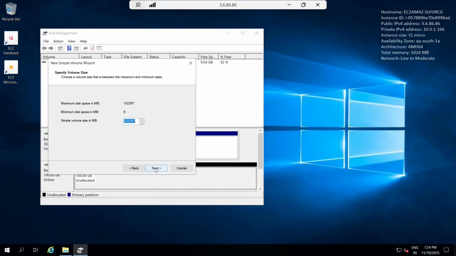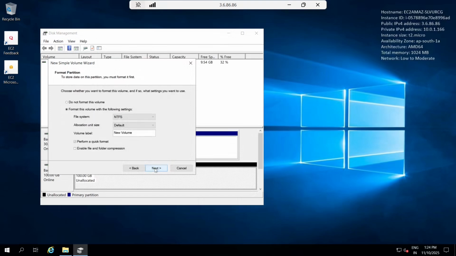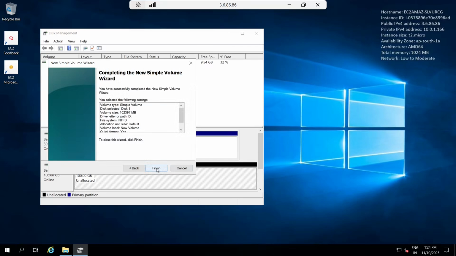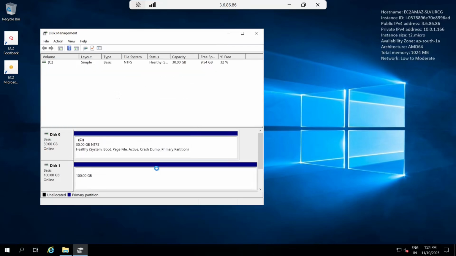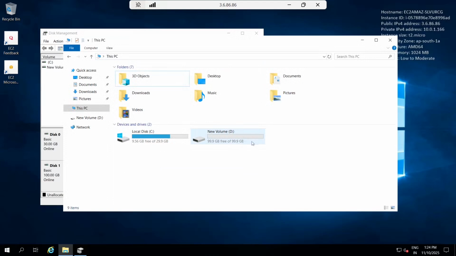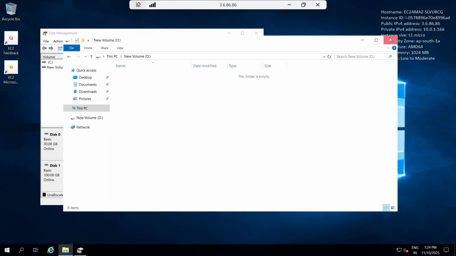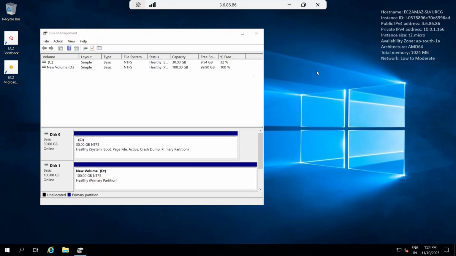Okay, I want to go with the complete GB, and I'll just click on next. The file system is NTFS, and the volume label is New Volume. Let me click finish, and it will start. Okay, let's verify now. See here, you can see the 100 GB volume. This is how we will create an EC2 instance with the root volume, and then again